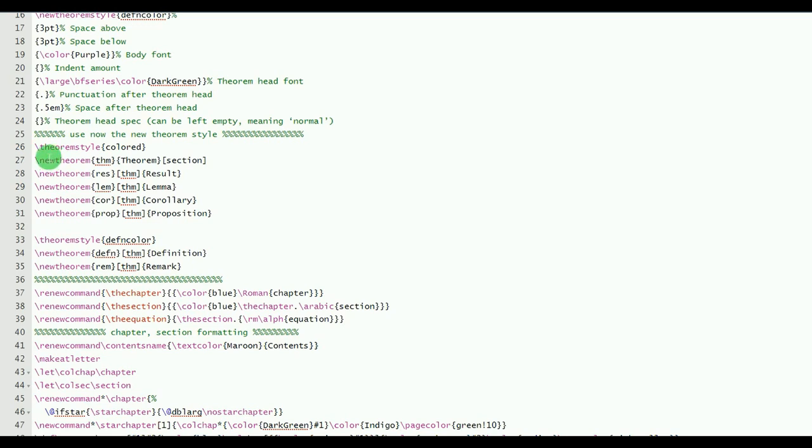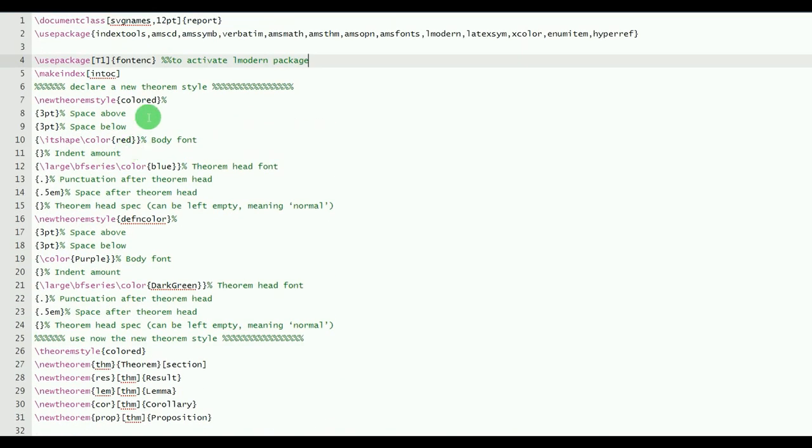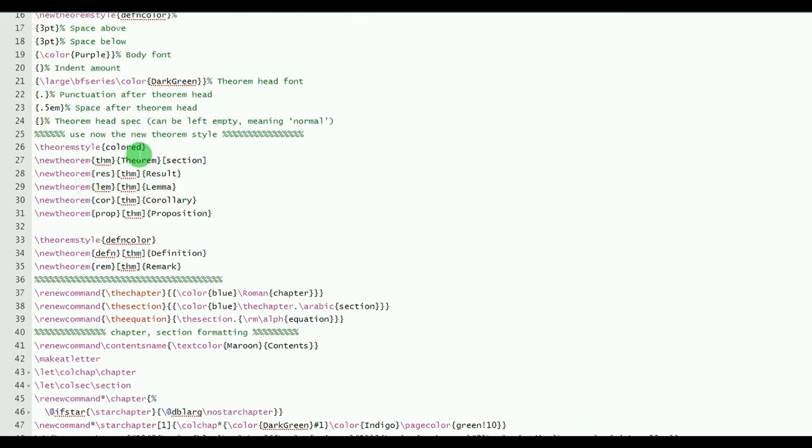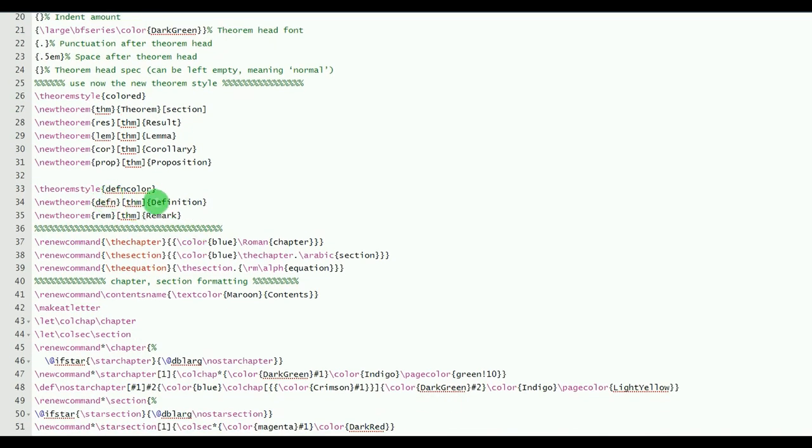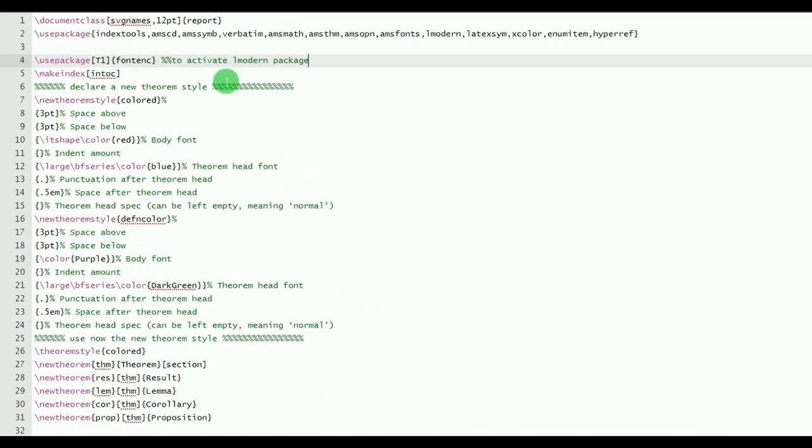So this theorem style colored is used here for writing theorem, result, lemma, corollary, proposition, etc. And then another theorem style is there, define color. So here this is used to write definition and remark,